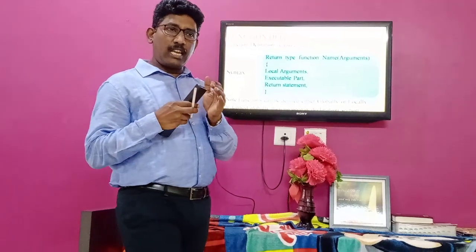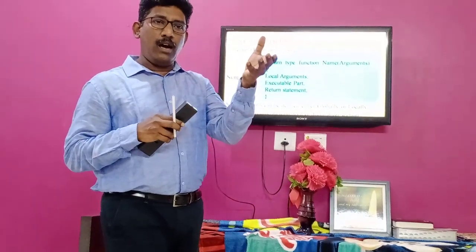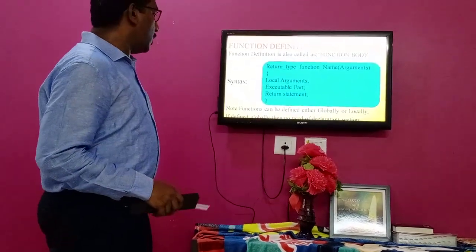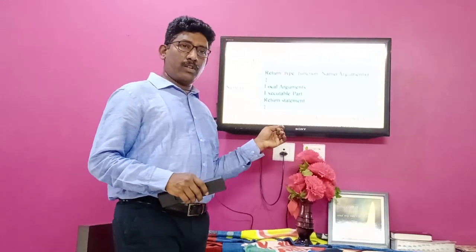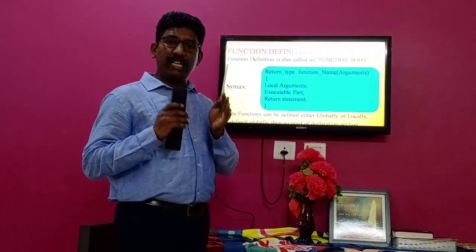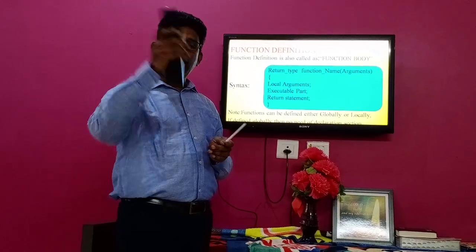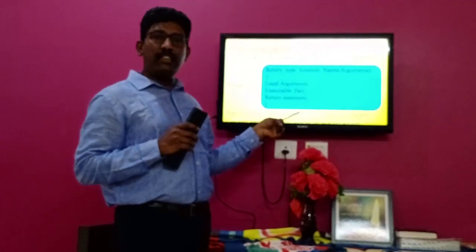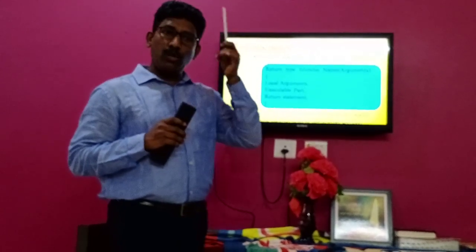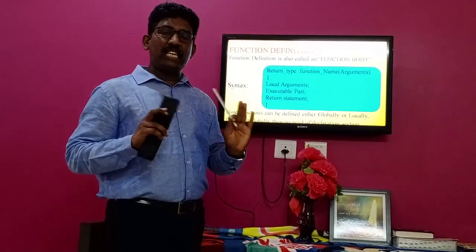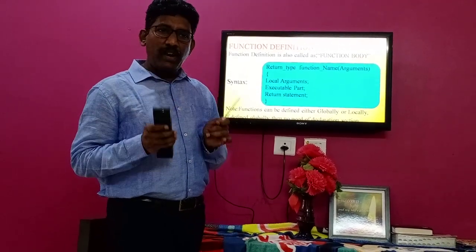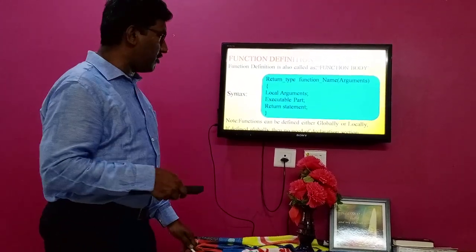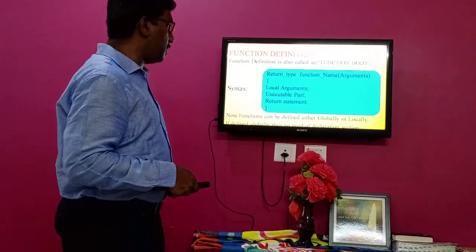That is, a function can be defined before main, or a function can be defined after main, no problem. So if it is defined globally, meaning before main, there is no need for the declaration part, no need to inform the compiler through declaration. Why? Because we already informed the compiler about that particular function by defining it before main. So if you want to define any function before main, don't use the declaration part. If you want to define that particular function after main, then use the declaration part. Please keep this particular point in your mind. We will discuss the same point with the help of an example, don't worry.